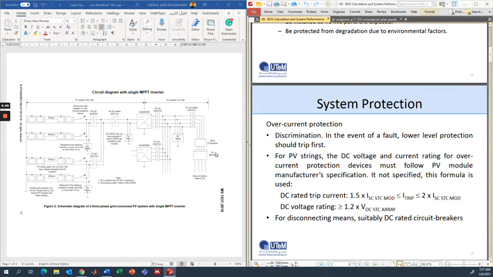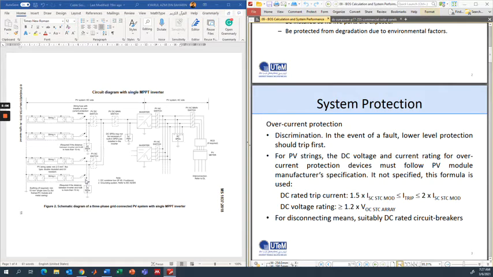Okay, so now we refer to the PV strings here. So this is a standard connection as stipulated in our Malaysian standards, which any type of installation needs to follow.